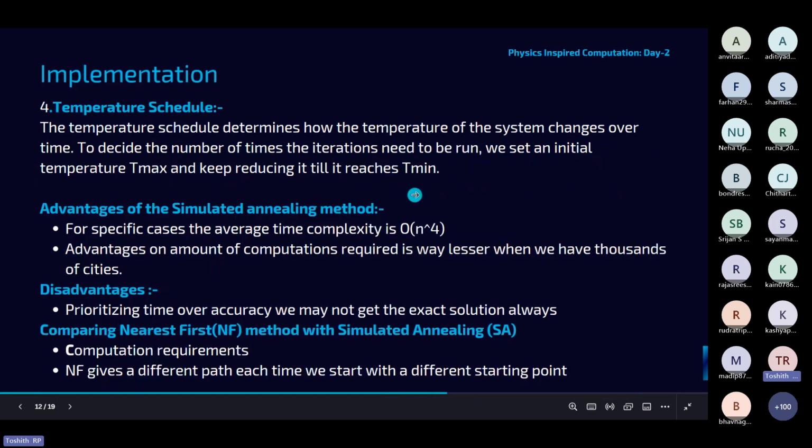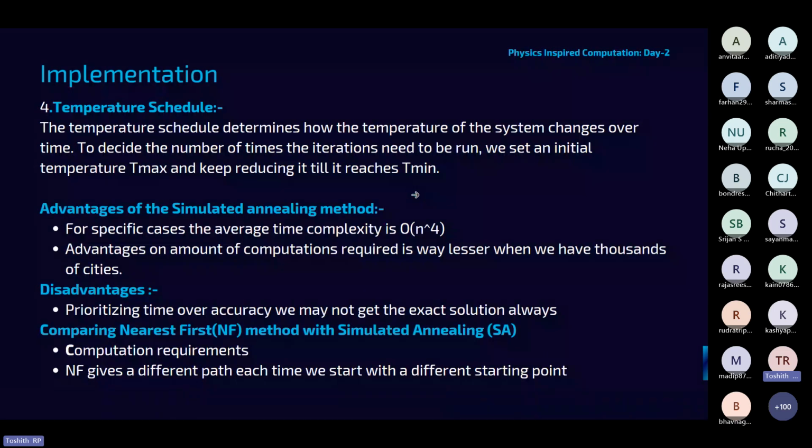What this means is even if you are in, let's say, a local minima, and the program randomly is able to get a worse solution, then you're able to escape out of the local minima, and then you may be able to look at other minima or end up in a global minima. Okay, I'll stop this here, and I have a program simulating this. But before I start on that, if you have any questions regarding this, you can ask.